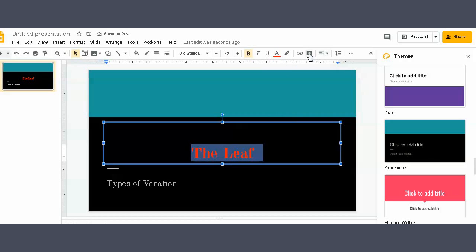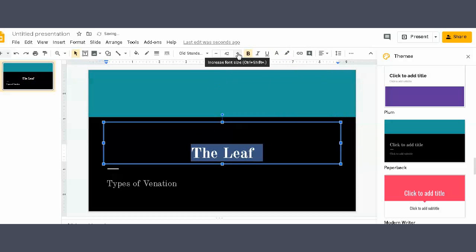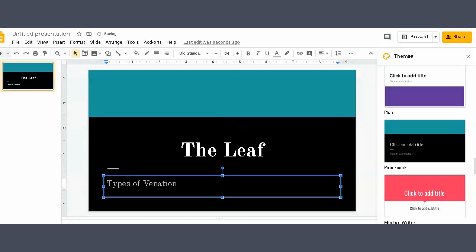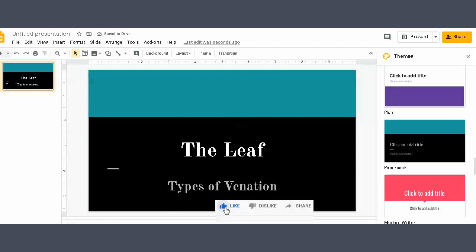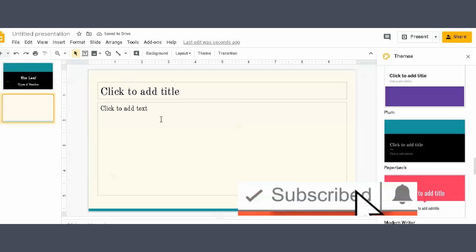You have all the features here. You can give different colors, you can put it in center or both the sides of the slides, or you can increase or decrease the font. So it is very easy and user friendly, and everything is being saved automatically. You need not save the content again and again. It would be there in Google Drive, everything that you make on apps here would be saved in your Google Drive. Let us add one more slide to it, and this time let me add an image here.